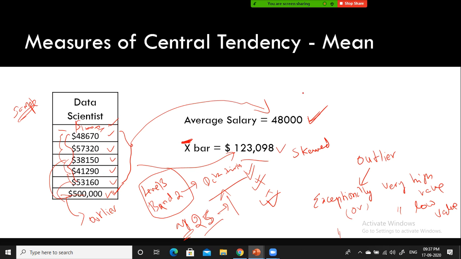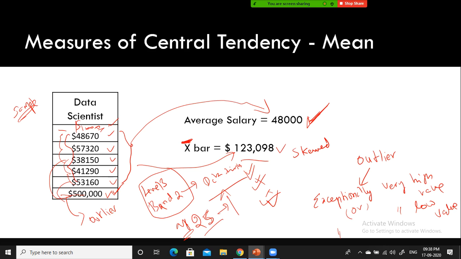Now, going back to this example, if I exclude this outlier and take the average, it is pretty decent. If you tell me, Satya, you can expect on an average 48,000 if you get through the interview, then I will make up my mind, man, already I am getting 450, then why should I go for this? I say, sorry, I'm not interested. Rather than giving this number, if he says, Satya, you can get 123k, he is setting a wrong expectation, because he has included the outlier also.